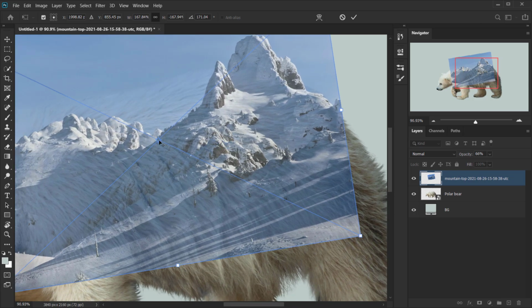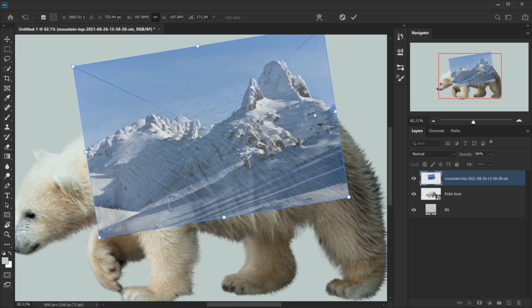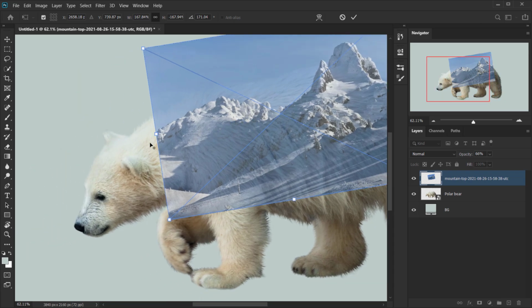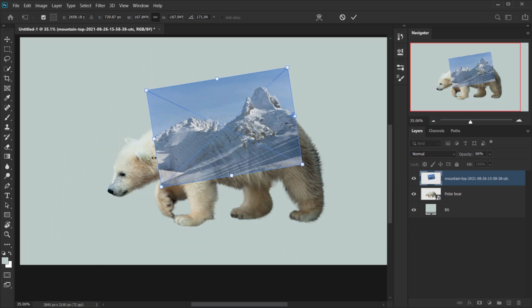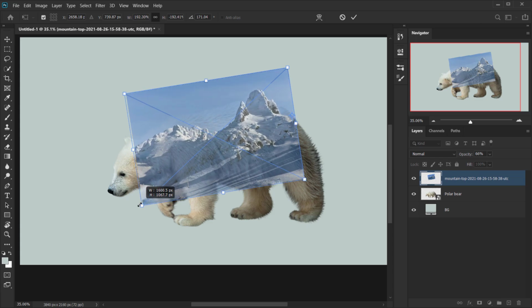So I'm gonna take this point in here that you can see. If you can't see it, you can just click on this point in the middle option that we have in here while you are in the transform mode. You can just check it and it will show up. So we'll take it and drag it just right here. So this one, it will be like this, it won't move because we have a point in here that is like a pin that we pinned. Alright, and then I'm gonna drag from this corner in here